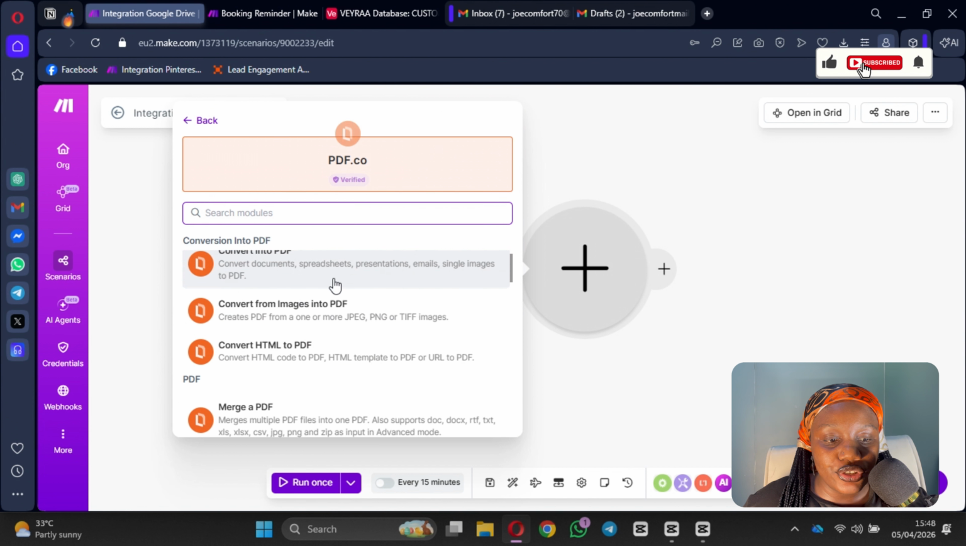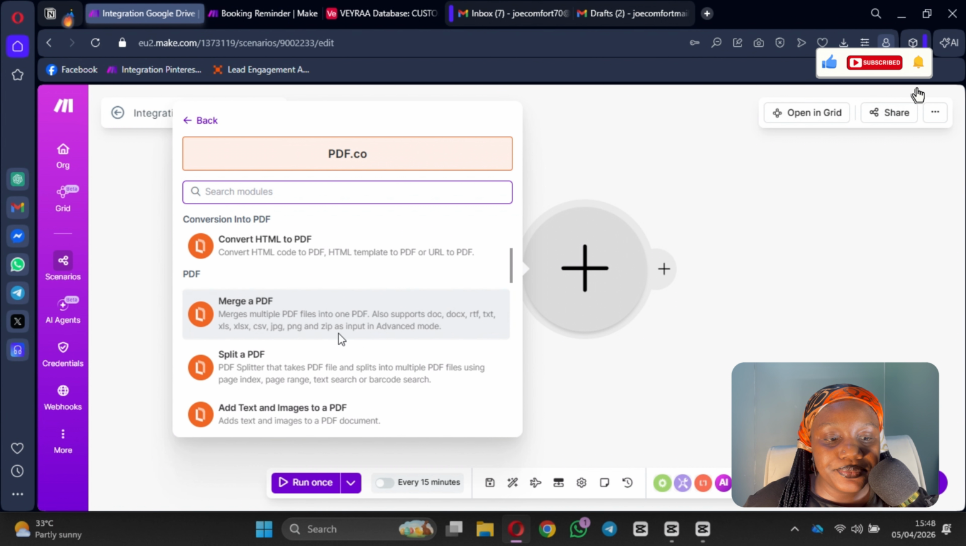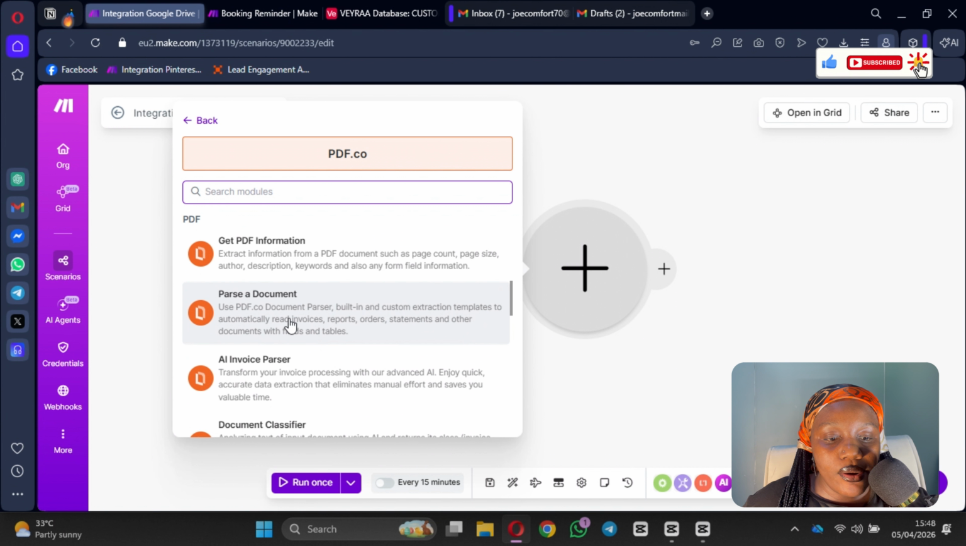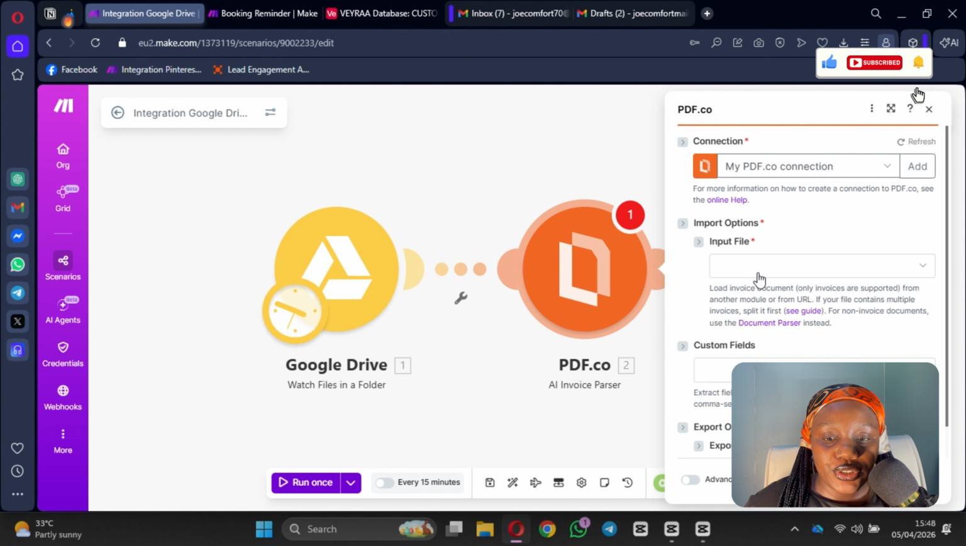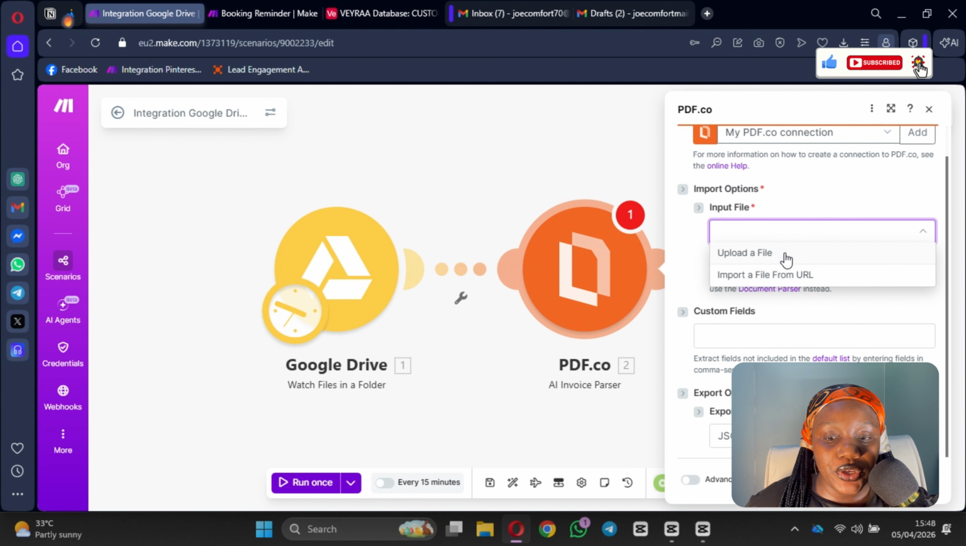So we are going to do parse a document here, or you can do invoice parser if this is going to be for your invoice. We are going to do invoice parser here because what we're doing here is extracting details from an invoice. So what we want to do here is input file. We are going to